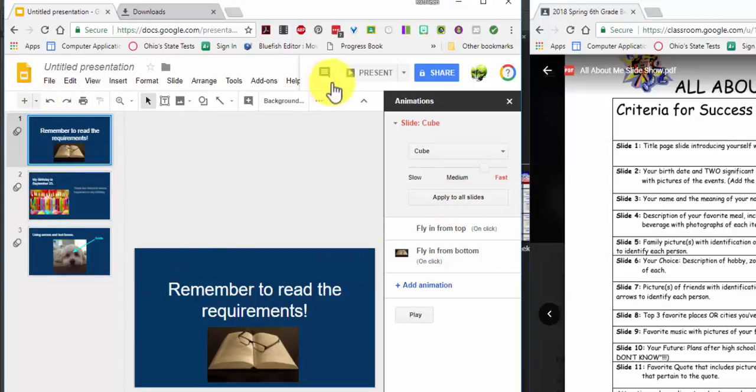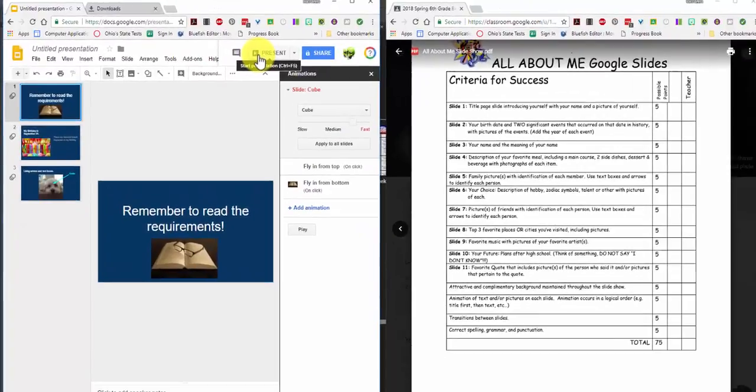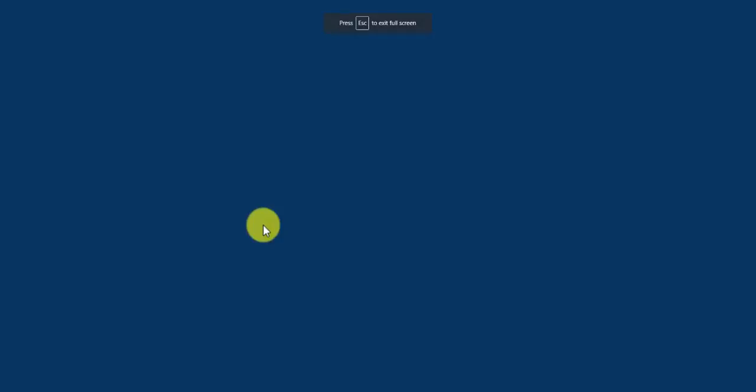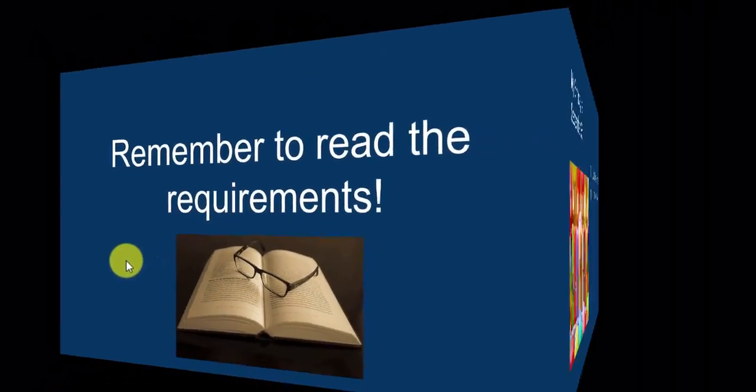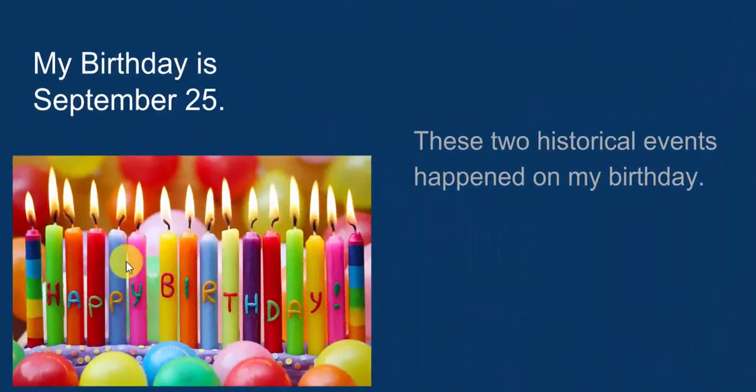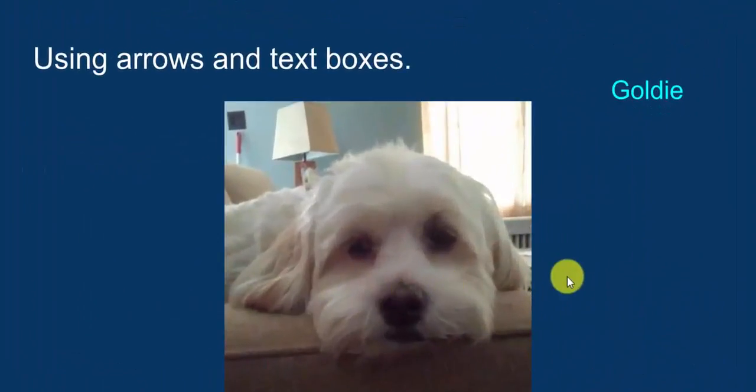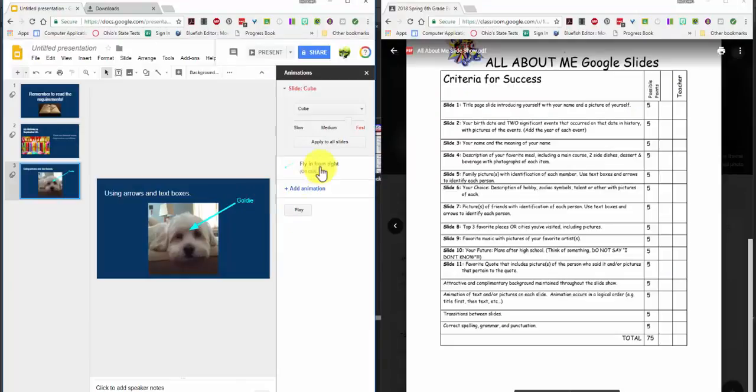So if I start here and I go to present, I'm going to show you the whole thing. Here it comes. Remember to read the requirements. I'm clicking. But then this, how it turns, that's a transition. Okay? And then here's another transition. Okay? So when the cube happened, that was a transition. So I'm hoping this helps you get in all of the requirements for